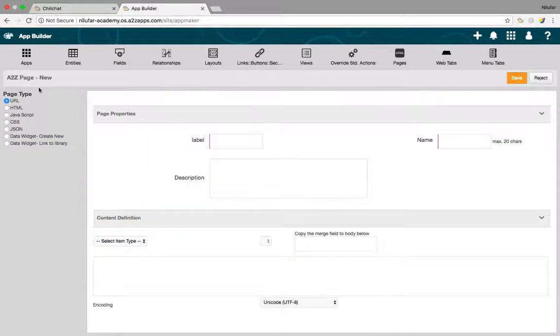Over here you can see there are a lot of options which basically tell you what type of page you want to create. So there is HTML, JavaScript, CSS, JSON, data-wiser link to library. So here I'm going to create an HTML page. So I'm going to select HTML.